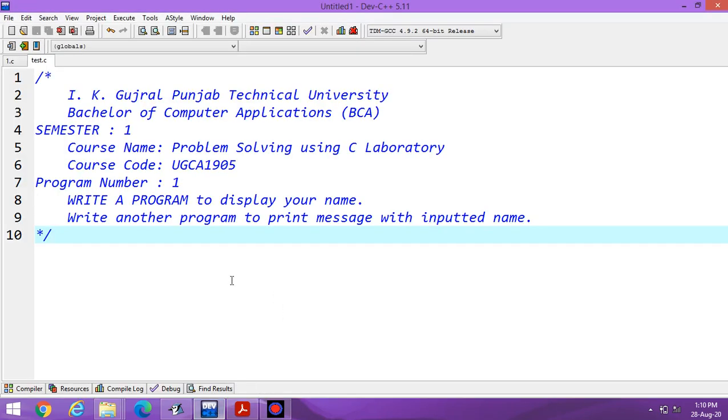To run the program, I am using Dev C++. It is the compiler. You can download and install this compiler easily. Other compilers are there too, Turbo C++ is also there.